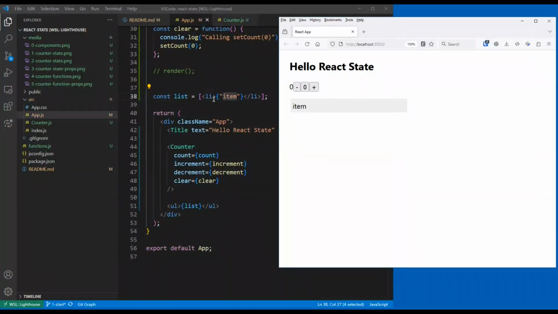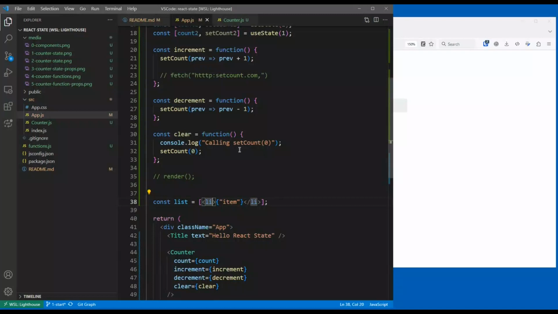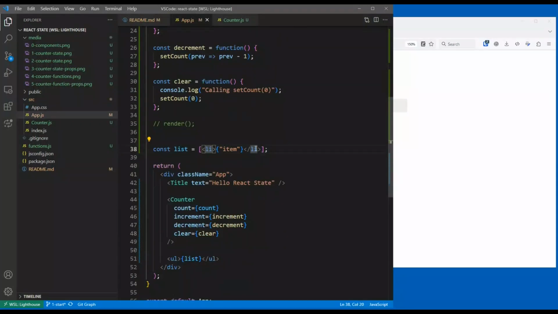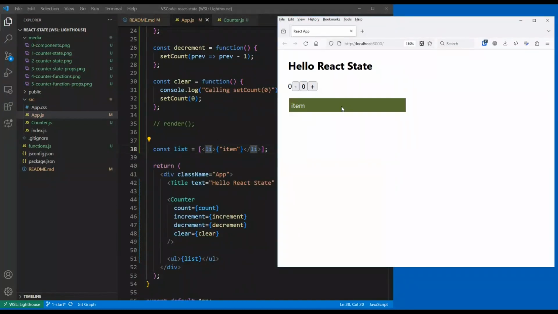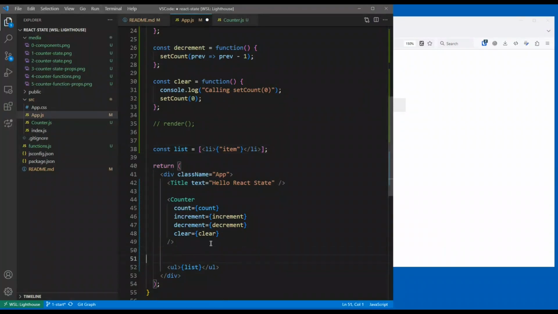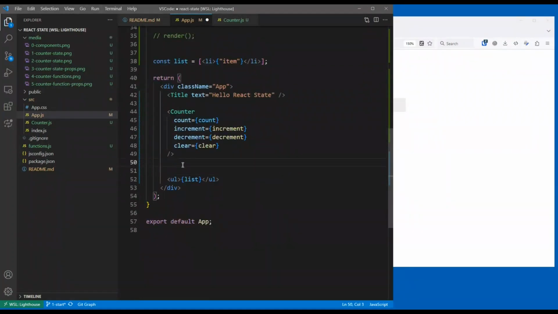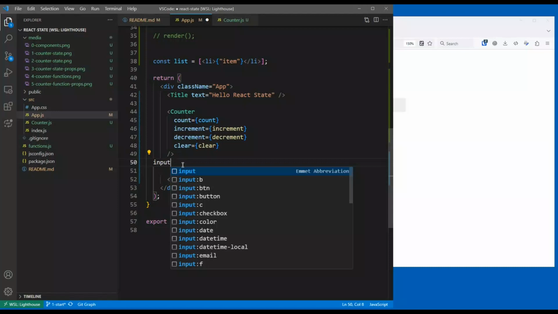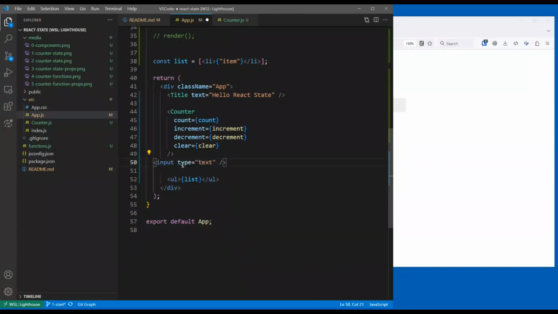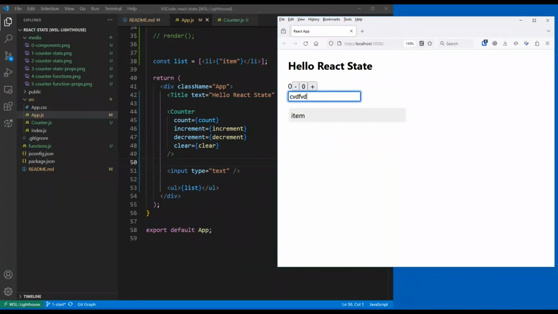So I'm going to have some data in my list. What I want to do is type something in. Make myself a really simple little control. I'll put it right here. Put an input here. There. Type equals text. There. And I can type stuff in. There we go. Okay. And we know with React inputs, what do I need to do? I need to have them